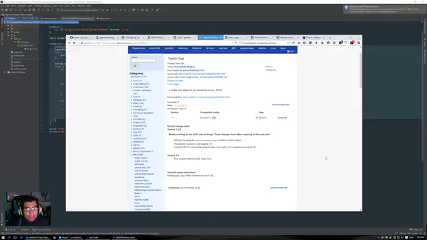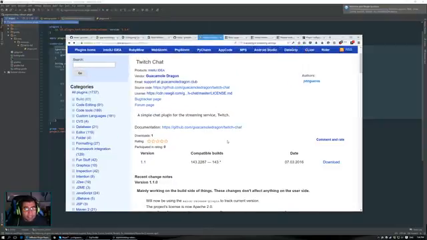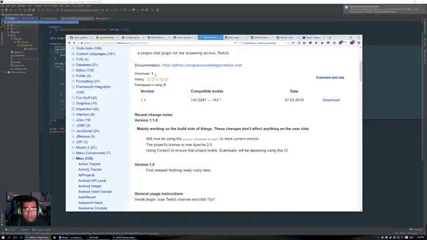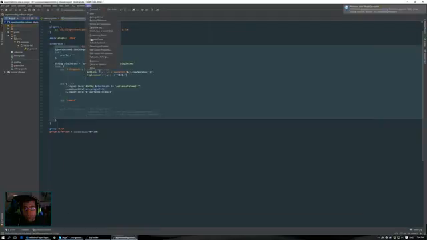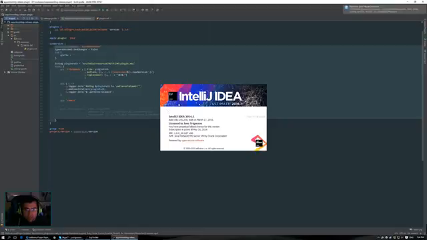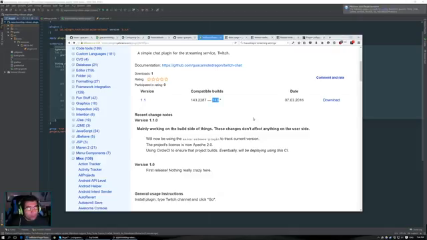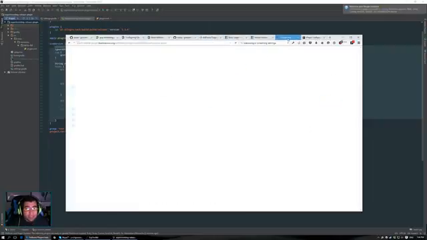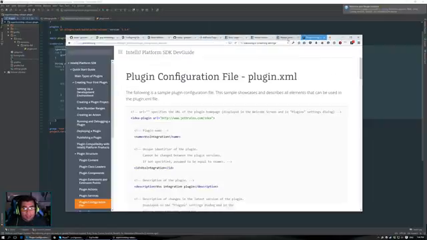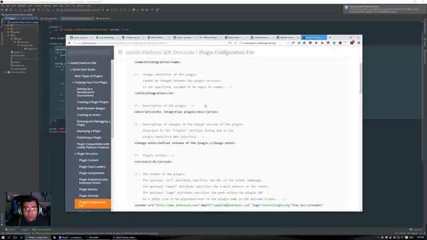So I was saying, we released, like right there. We got one download. That might have been me. Doesn't matter. It builds on 143 star, but 16 is 145. So what we're gonna do today is update the plugin.xml